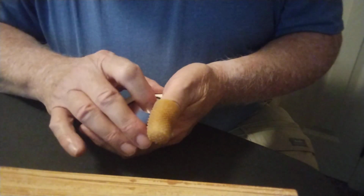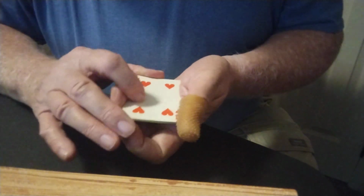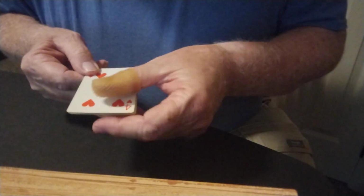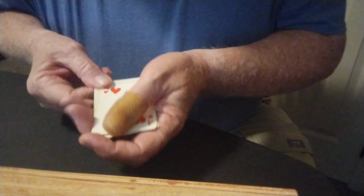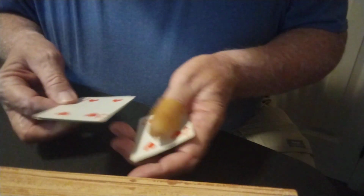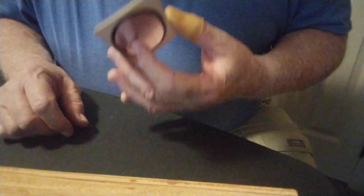Always smoke and mirrors. But these cards get so flipped out sometimes that they begin to even look alike. Like that looks like a four of hearts to me, right? That looks like a four of hearts. That looks like a four of hearts. And this looks like a four of hearts. In fact, I believe they all look like the four of hearts to me. And a mirror back. And that's the flipped out